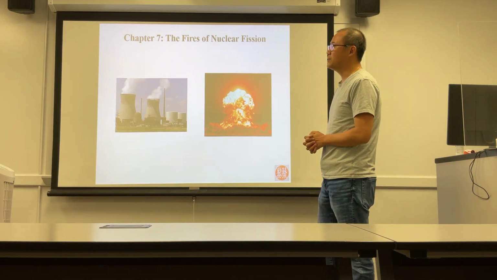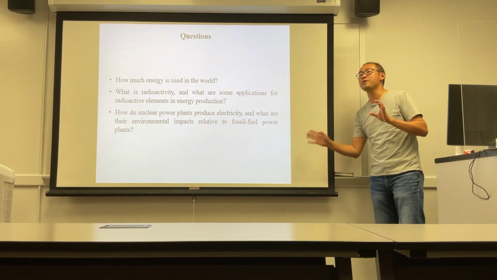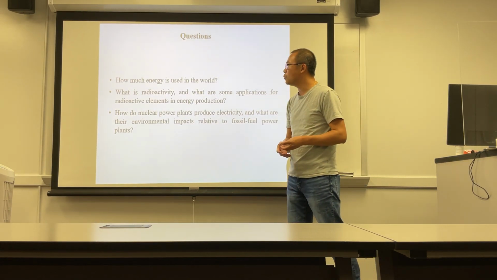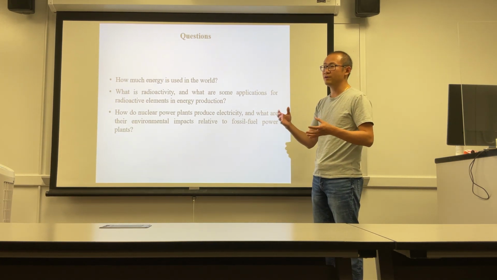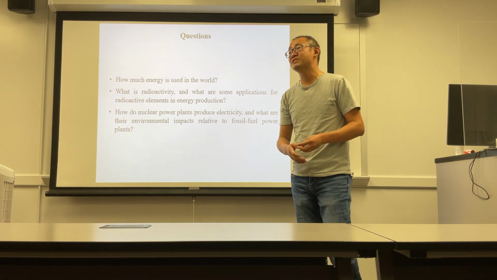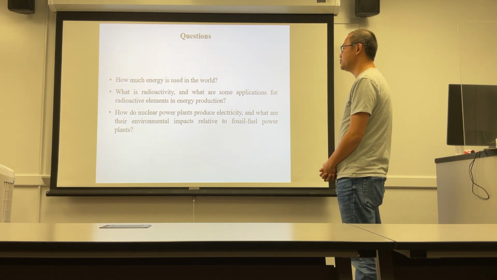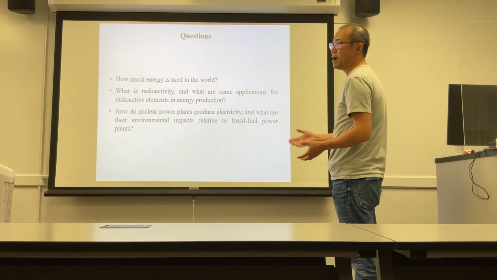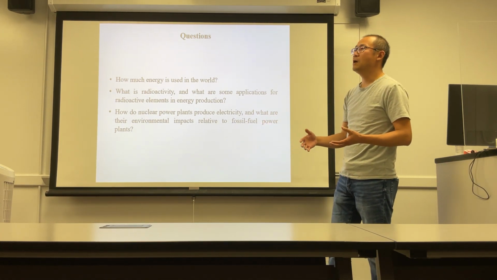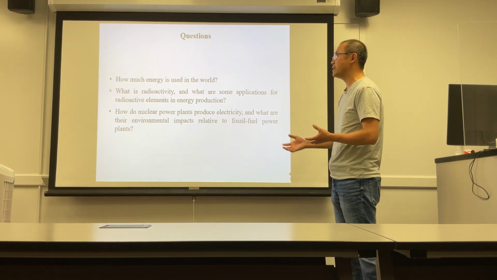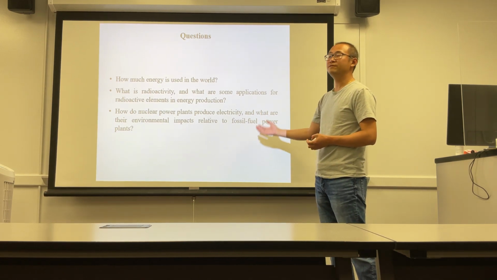Okay, so in this chapter we're going to study a few parts. The first part, very briefly, we're going to look at how much energy is used in the world, the types of energy, and the trends for the percentage of these different types of energy. Then we're going to look at how nuclear power generates electricity, how nuclear power is used in generating electricity, and what the environmental impacts are relative to fossil